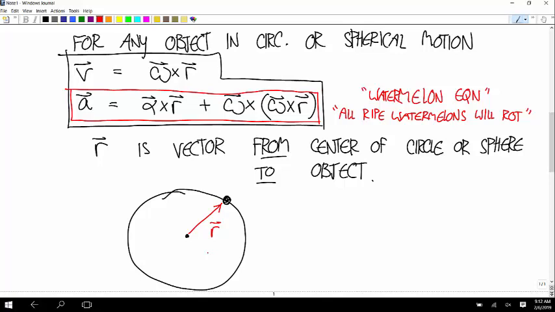Think of omega representing the plane that it's moving in, and alpha, the angular acceleration, is doing two things. It's affecting whether it's speeding up or slowing down, and it's also affecting the change of orientation. In the next instant, it's going to be in some slightly different circular path, and it's that alpha that's doing that,